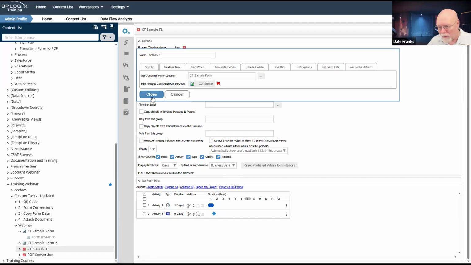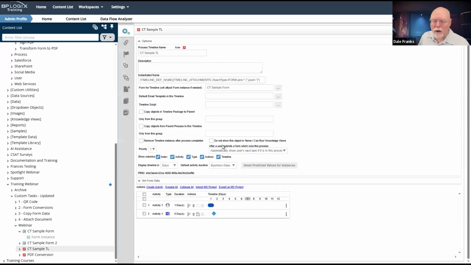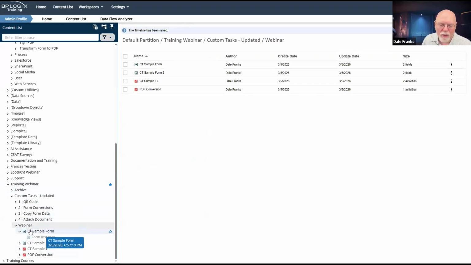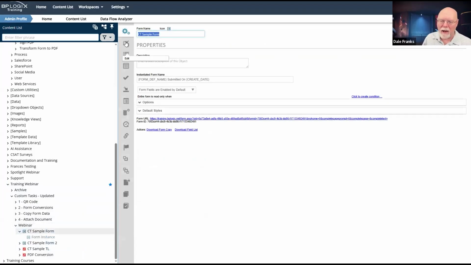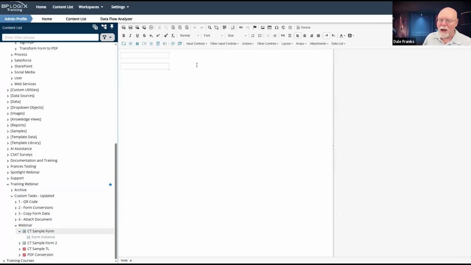This kind of model is also good to use for notifications. So let's say that I wanted to run a notification, maybe a bunch of notifications, and I didn't want to do it on the main timeline. Well, I wouldn't do it on the timeline, but I'll tell you where I would do it. I would do it on the form, because this comes up quite a bit where I need to notify somebody of something. And so on my form, I need a button.